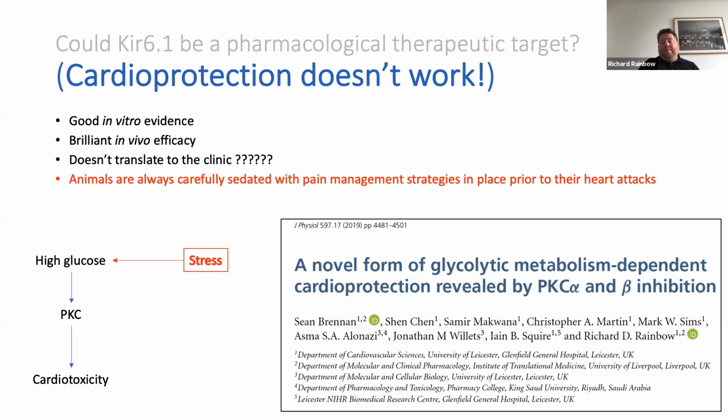So they're sedated, they're under pain management strategies prior to any modeling of heart attacks that they have. A human who has a heart attack is very aware they're having it and is obviously going to be extremely stressed by that. And the stress response releases glucose into the system, which could therefore cause negative effects on activating PKC and imparting cardiotoxicity. And what's also really clear is that high levels of glucose abolish cardioprotection in a number